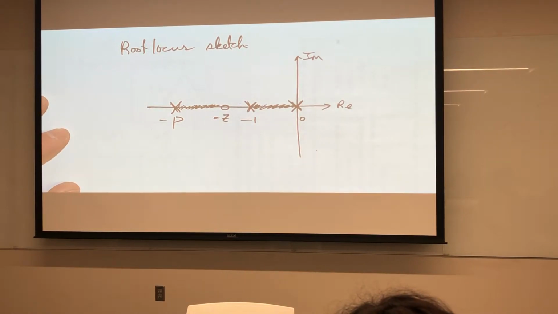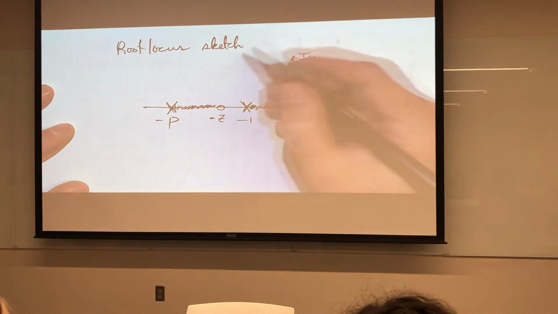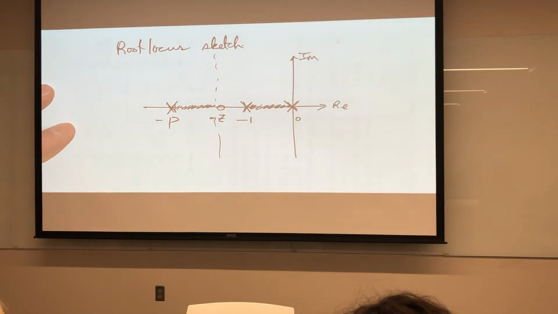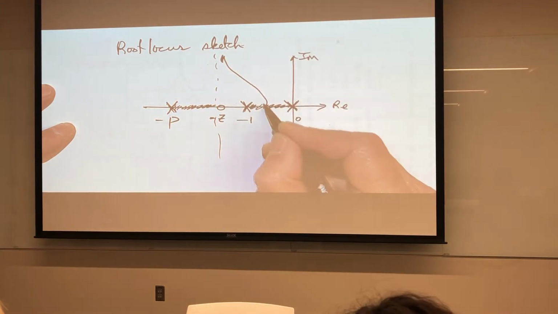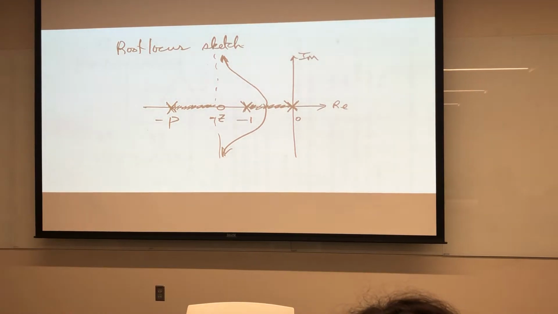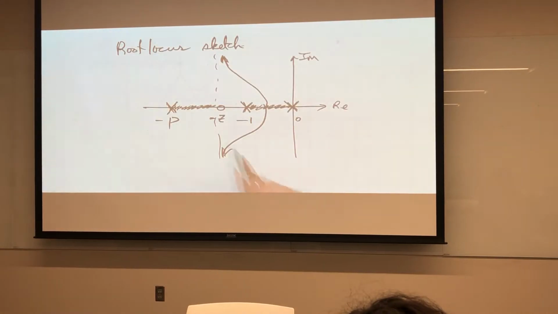We have 2 poles, 1, 0, so the relative degree is equal to 2, so the asymptotes are vertical. I don't know where the asymptotes are because I don't know all my numbers, but maybe it does something like this. We don't know. This is just a rough idea, so this might be a possible root locus. But the idea is, it looks like using a lead compensator would result in a